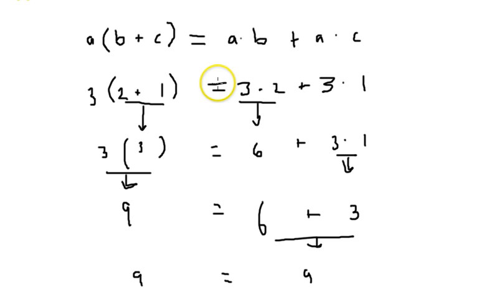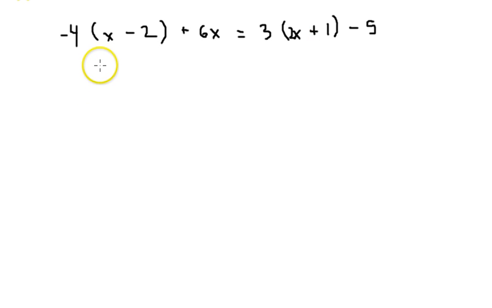So on both sides we have 9 as our answer. Now we use the distributive property to clear parentheses in equations. Okay, we have this equation here. What we do is the distributive property first. We'll just start on the left side, it doesn't matter which side you start on. So you would have -4 times x. Now the distributive property works on the subtraction too, so you have -4 times x, then minus, okay, then -4, and I'm going to just put a parenthesis here just so things don't get confusing. -4 times the 2, okay? Just keep the operation and then multiply the two numbers, -4 and the 2,